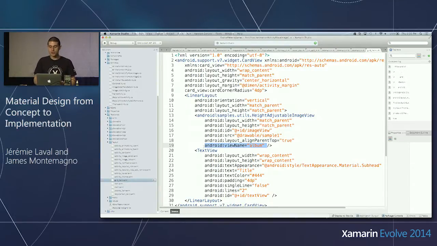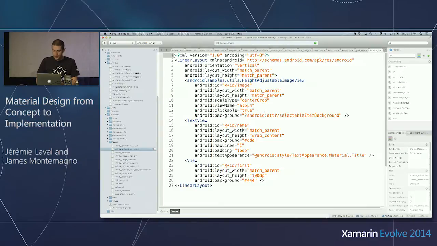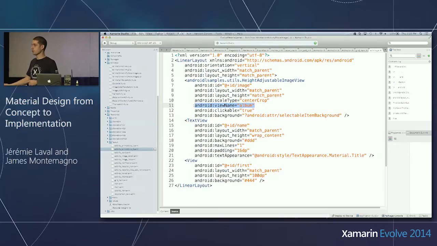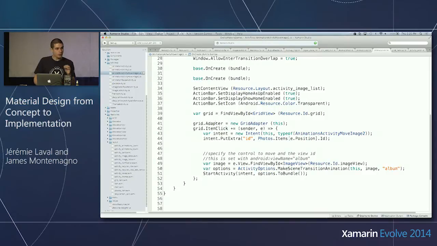And I specify this new property called view name. That's my album. Now, on the transition part that I have here, I specified the same view name for Android. So that's my master and detail page here, and that's the item in the list. So passing this information around actually isn't that difficult. What I do here is when I get a click item,